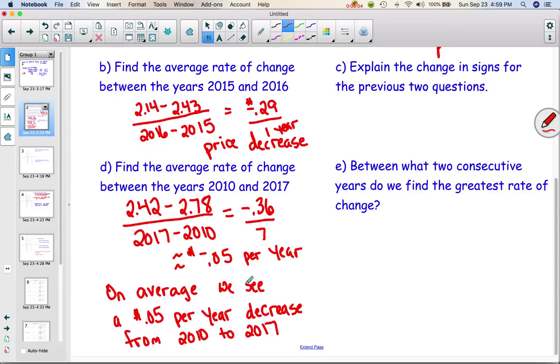Now, that's not extremely revealing of all the different price fluctuations,